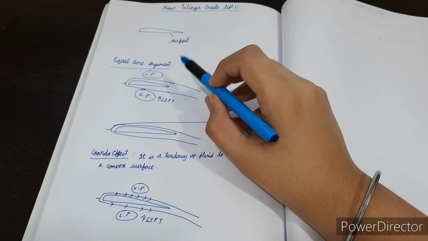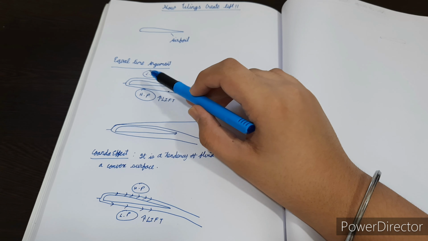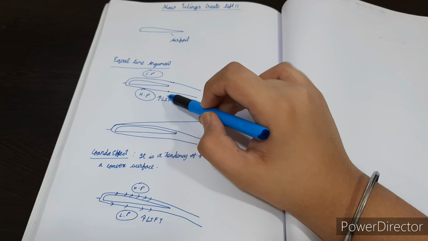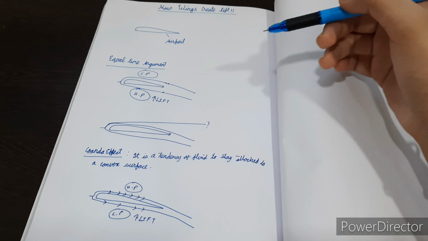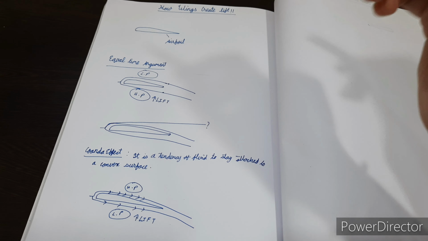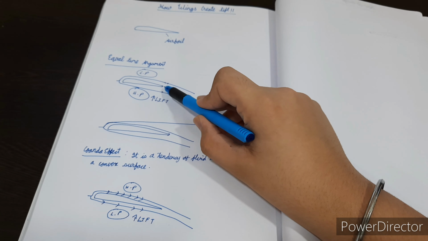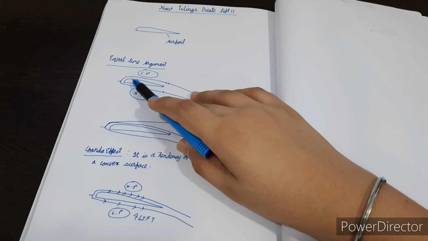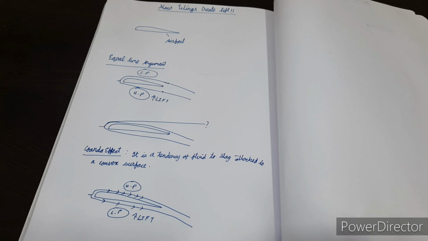So the part in which equal time argument says that it creates a high and low pressure due to difference in speeds of air above and below the airfoil and thus creating lift, this part is right but is not the correct explanation of how wings create lift. And also the part that equal time argument says that the air particles leave the trailing edge of the wing at the same time is completely wrong, because the air particles may start at different times and may leave at different times. So how do wings really create lift?